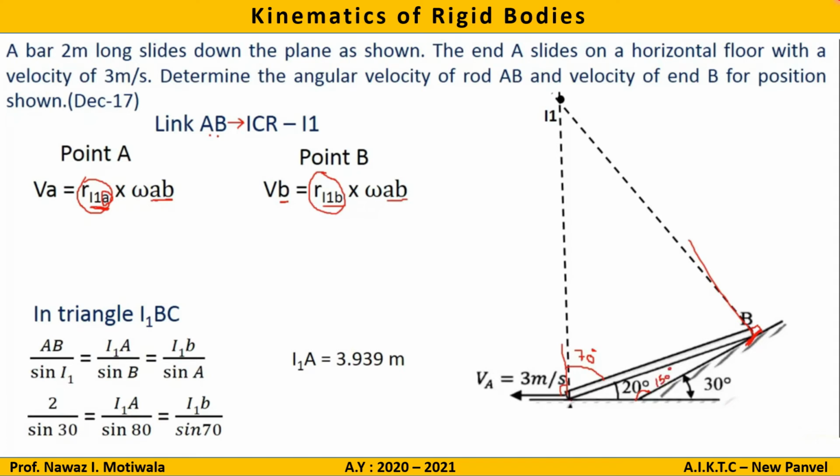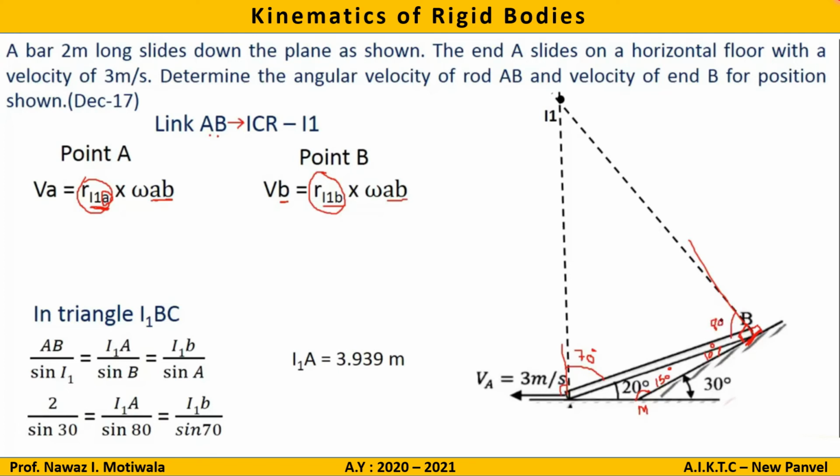Now in this small triangle, let us say A, B, and let me say this is point M. For example, I am taking point M. In triangle AMB, this angle is given to us as 20. This we just now found out as 150. The remaining angle will be 10 degrees. Now we know that this line is perpendicular to this plane. So if this is 10, what will be remaining? This angle will be 80 degrees.